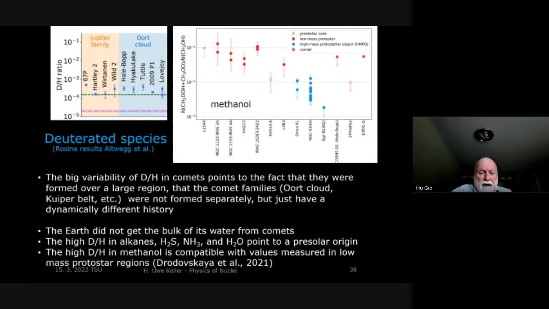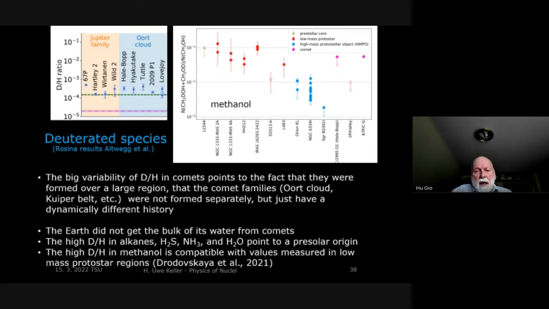On the left-hand side here, you see the D/H ratios of various comets. And before 67P, the idea was that the Oort cloud comets had a higher ratio of D/H because they were produced further away from the sun. And the short periodic comets had a lower ratio because they were produced closer to the sun. But 67P showed that this is not really true. And now one assumes, and there are strong indications, that all comets are essentially formed in a certain range in